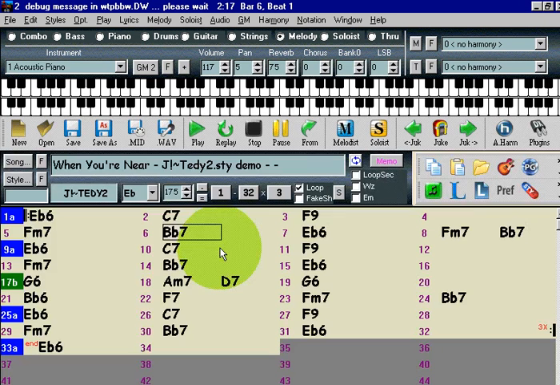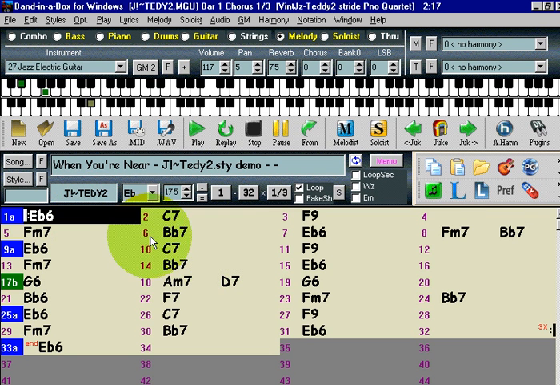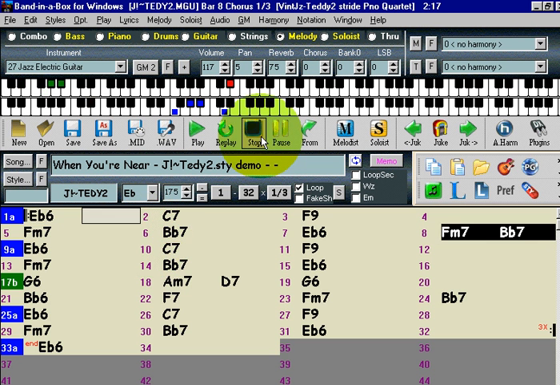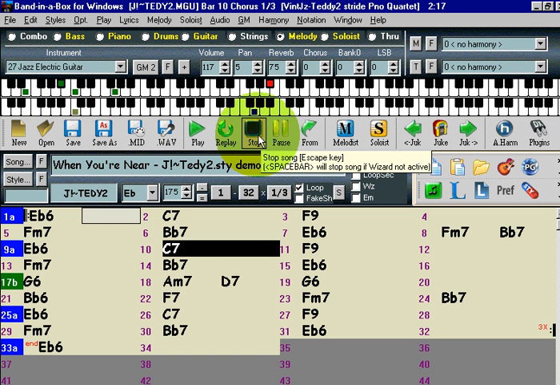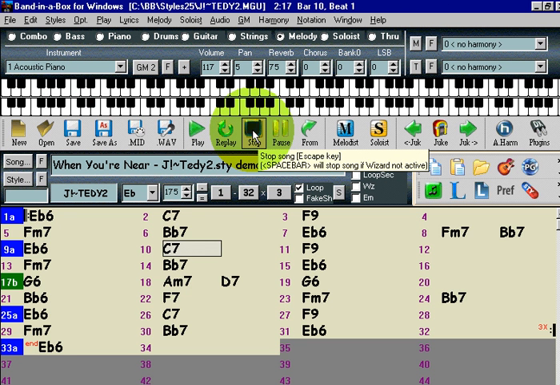Another feature is the transpose each chorus feature. If you are familiar with a tune and you're used to playing it in a certain key, it might be nice to play it in a different key each chorus. This is especially useful for jazz musicians who are trying to learn a song in a new key. So what we do is press the preferences and then go into the transpose, and we see that there's